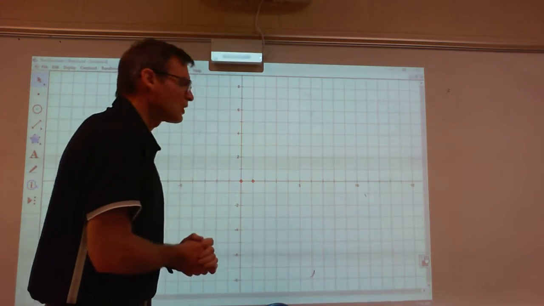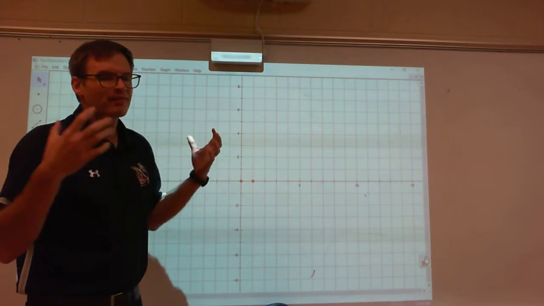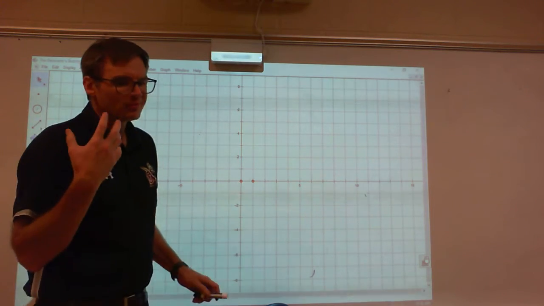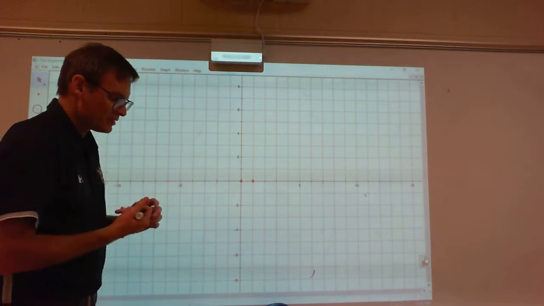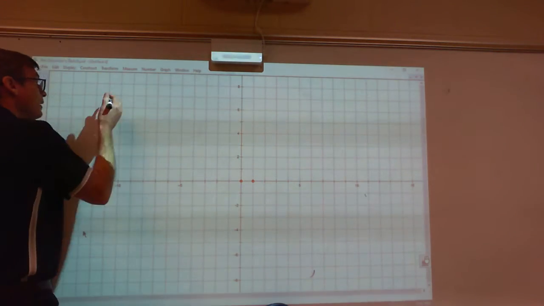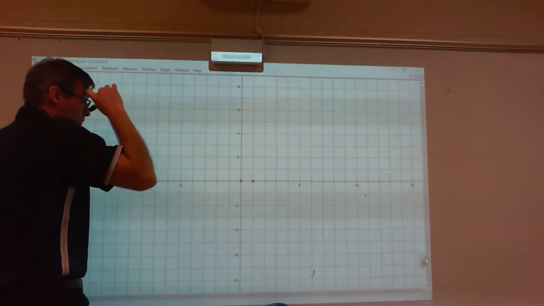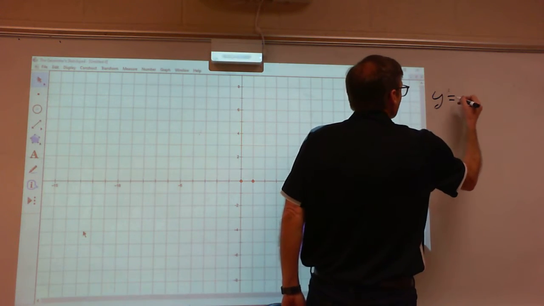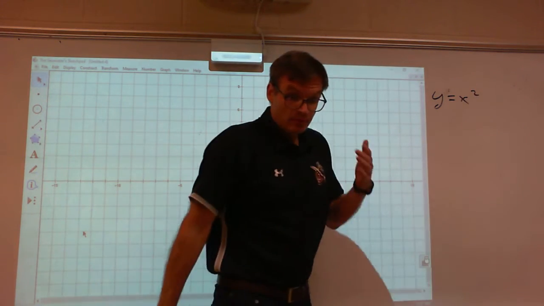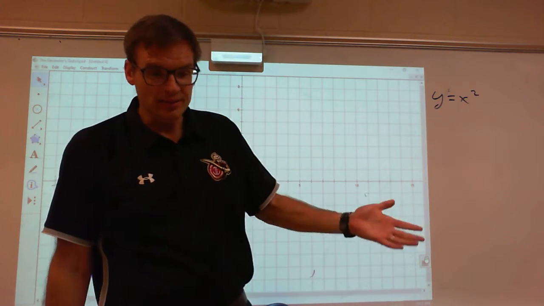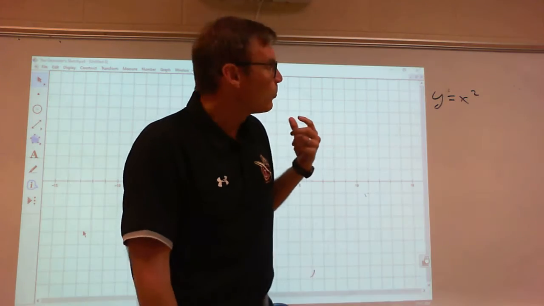All right, so I talked about the graph. We have different parts. Now let's look at some algebra behind all of this. So we need to start with an equation. And our equation is going to be, write it over here, y is equal to x squared. Now, while you already may know what this looks like, and you had to do a ton of these in Algebra 1,